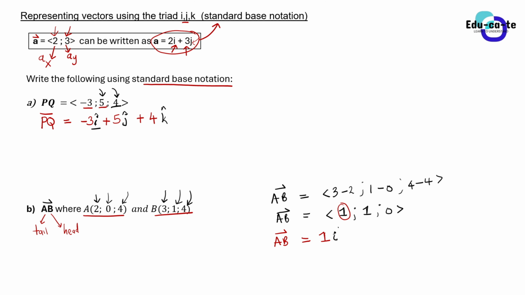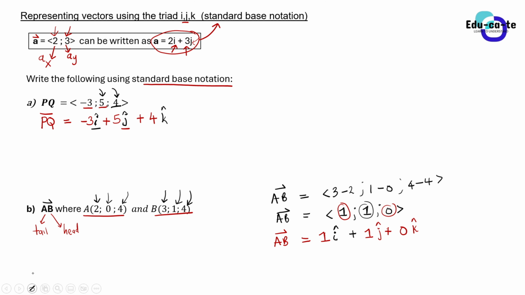We're going to put a cap on it. So in the direction along the x-axis, then this is going to be plus. The next one is also 1, so we also write 1, and this is along the y-axis. Remember, we use j to represent the y-axis or the y component. And then plus, we've got here 0 along the z-axis, so we use k to represent that.